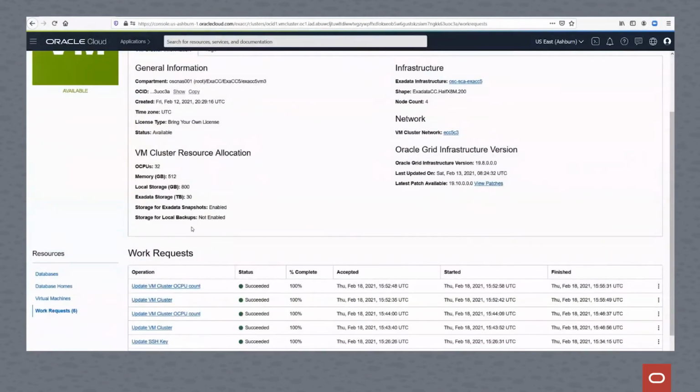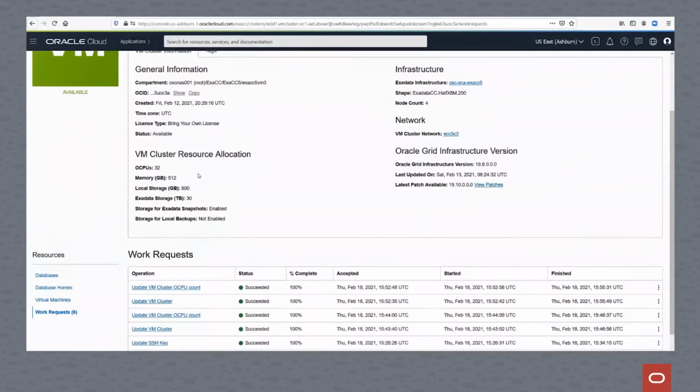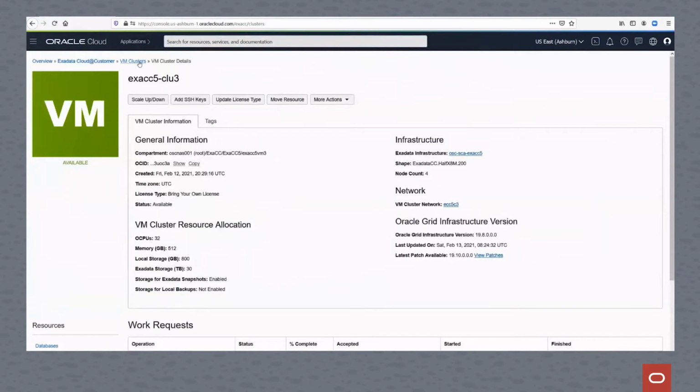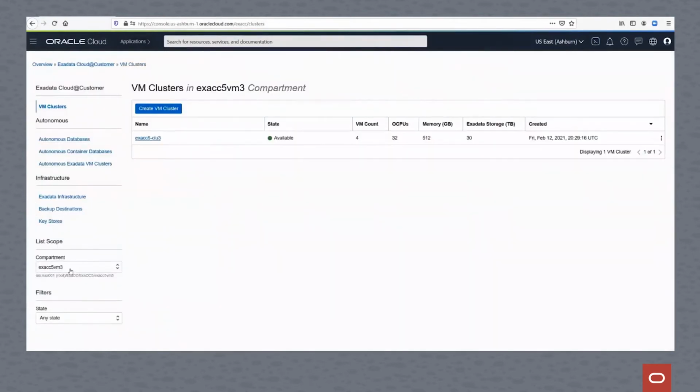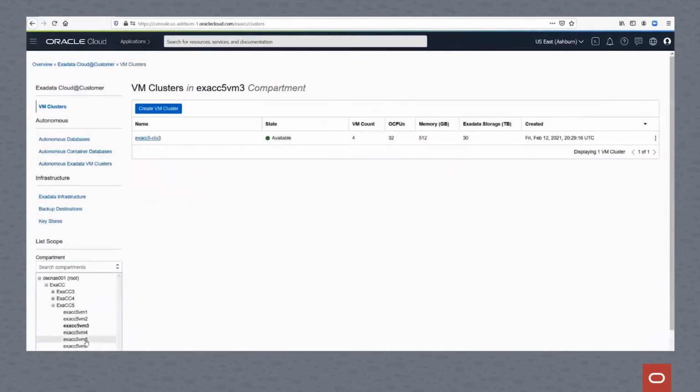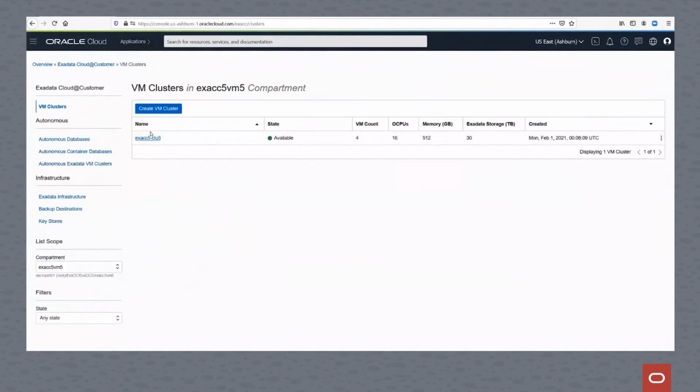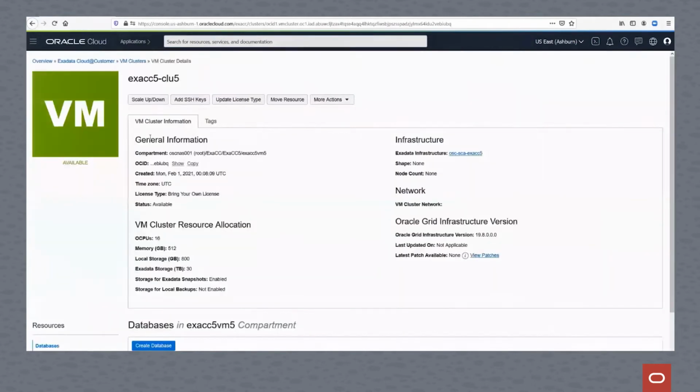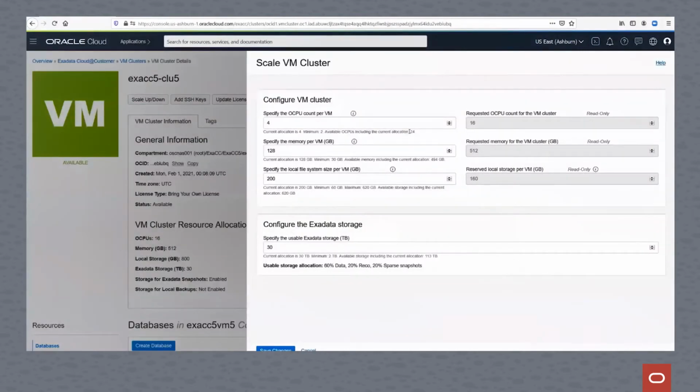We'll now go back to the cluster interface, the cloud at customer interface, and we'll scale up the other cluster. We should see in our other cluster now that we have available CPUs. We drill down in the cluster, go to scale up and scale down. Where we used to have 4 OCPUs available, we now have 24 available. So at this point, we can increase the number of OCPUs in this cluster, increase that to 8, hit Save